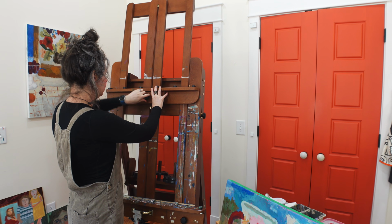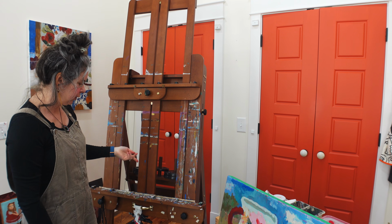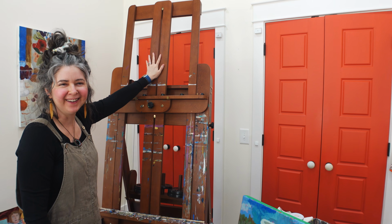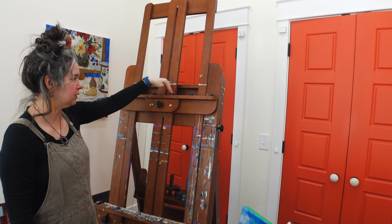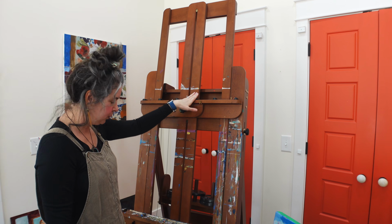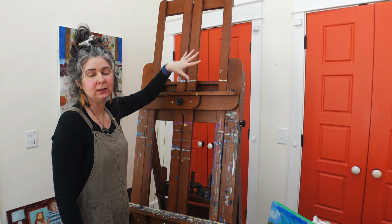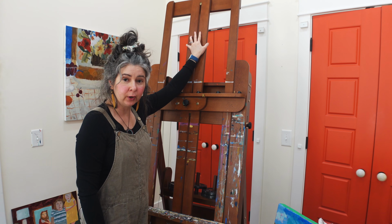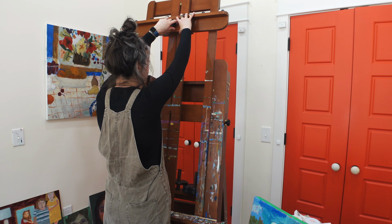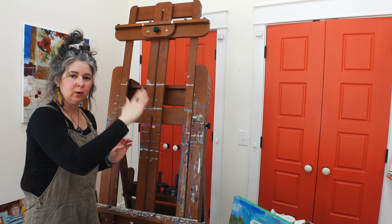Sometimes what I'll do, I think this is actually supposed to be even turned. No, that is the right way. Turn. It is supposed to be turned? Oh, okay. Well, no, because don't you think that's where you put the, oh no, if you turn it, you can lock your painting in. So I will put it here because sometimes I'll be working on 2 different paintings, or I'll put like a reference book or my sketchbook that I'm painting from. I do that, so. And it does like move this way,